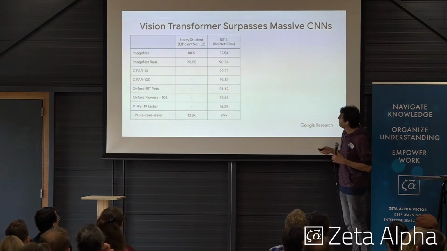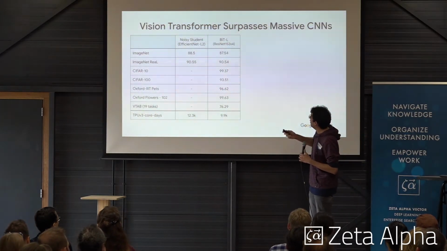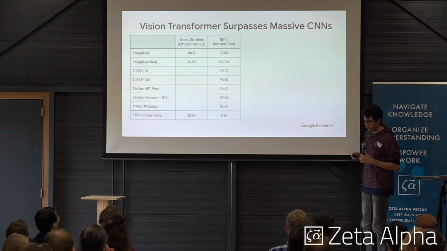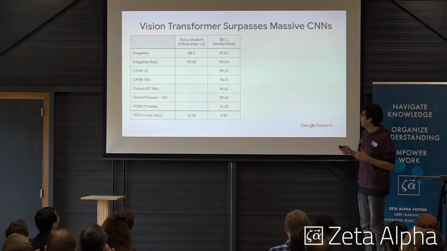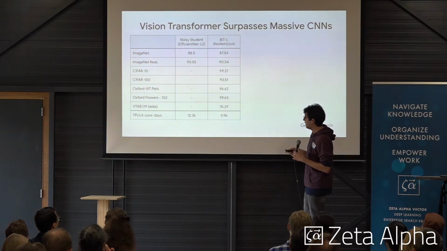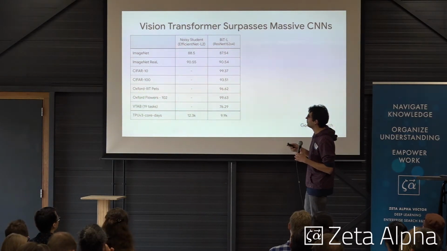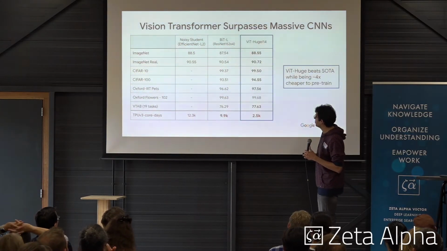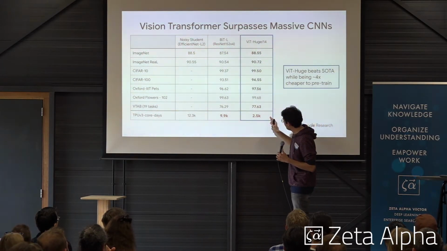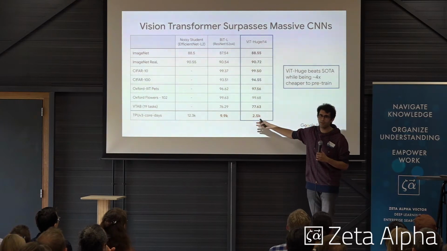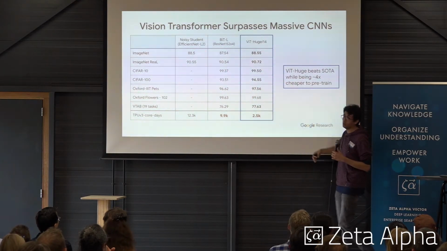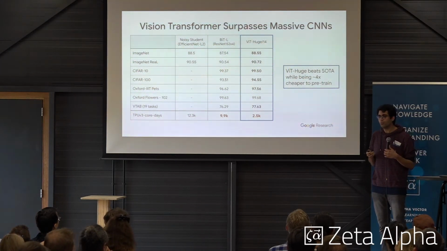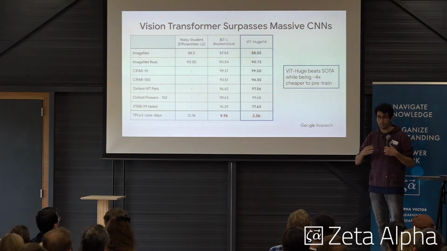models. So this is EfficientNet and BiT-Large, which is a ResNet 152, from the Big Transfer paper. These are the results that have been somehow state of the art for many of these data sets, especially on few-shot training. And then we had this ViT-Huge, which was 5 times, is it 4? 4 times less compute, and it actually gives you much better results. So in terms of this trade-off that we were looking for, it was doing a better job in that large scale and large data regime.